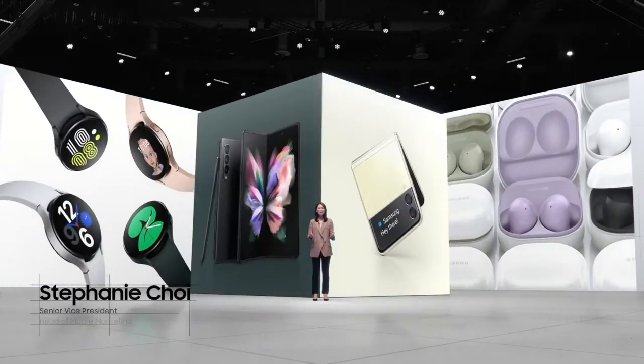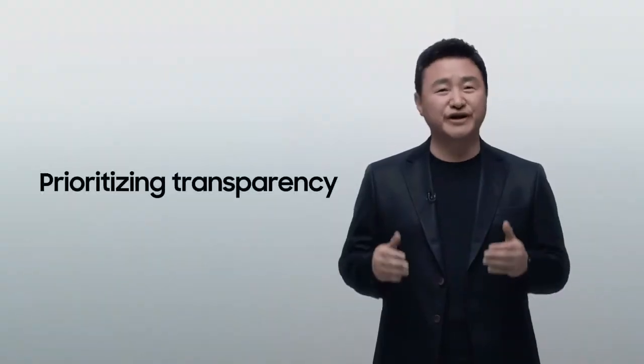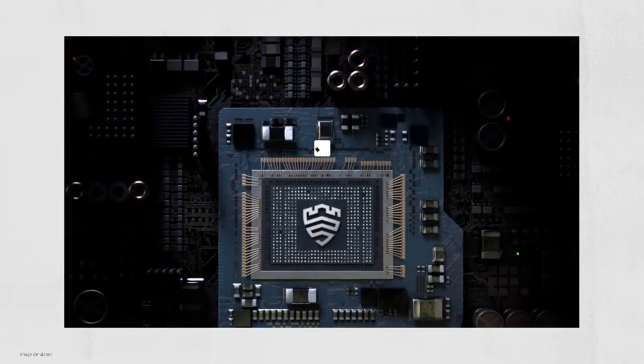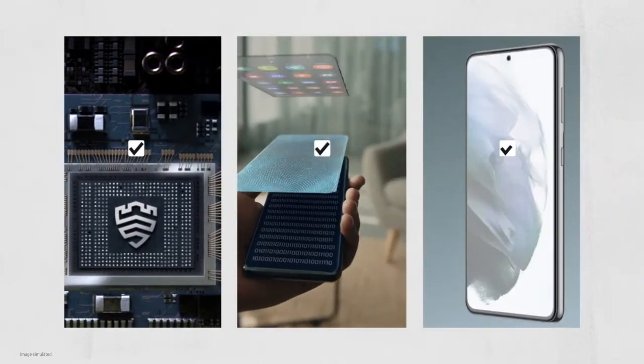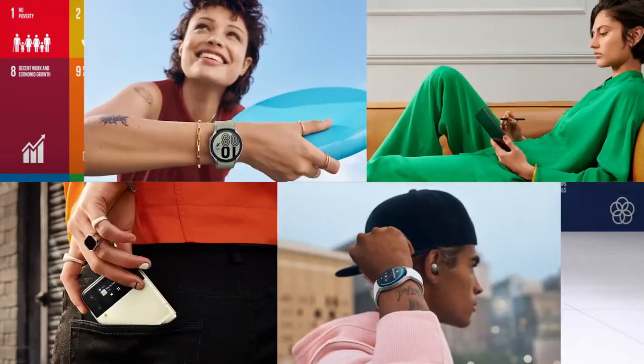It's your Galaxy, your way. There's no privacy without security. We are committed to prioritizing transparency and ensuring you have control over your data, to building a better, brighter future